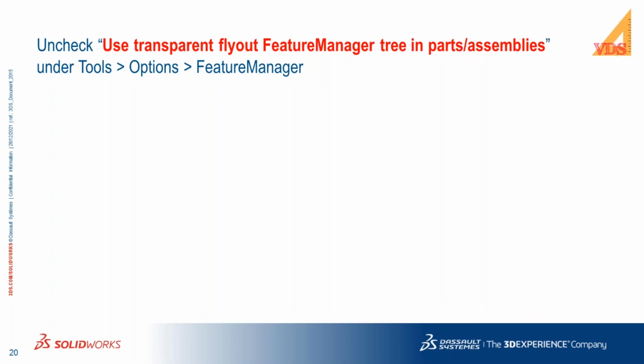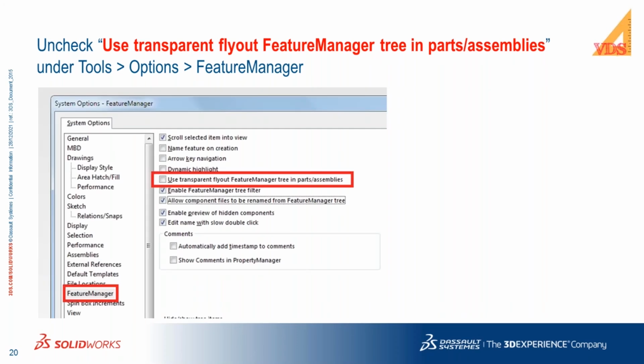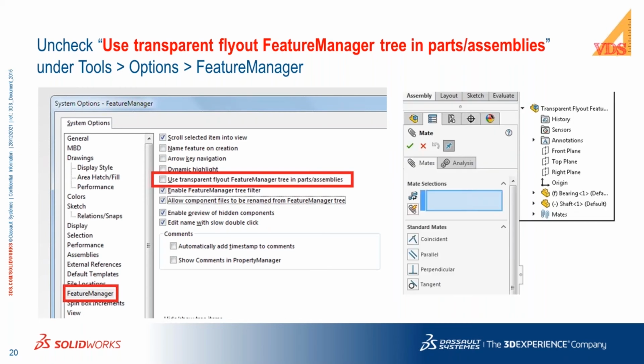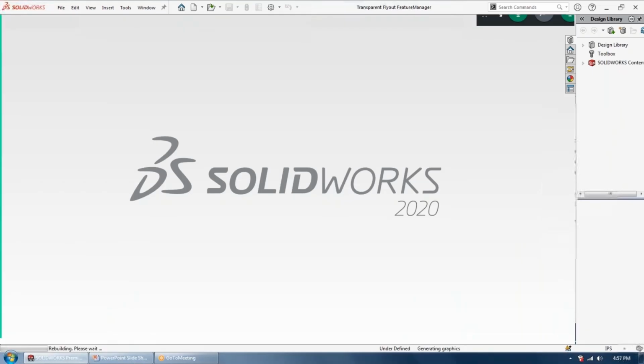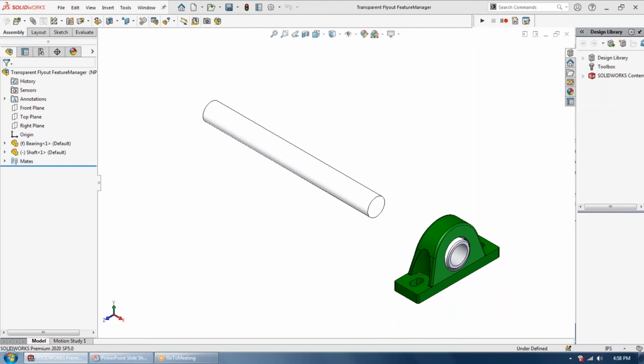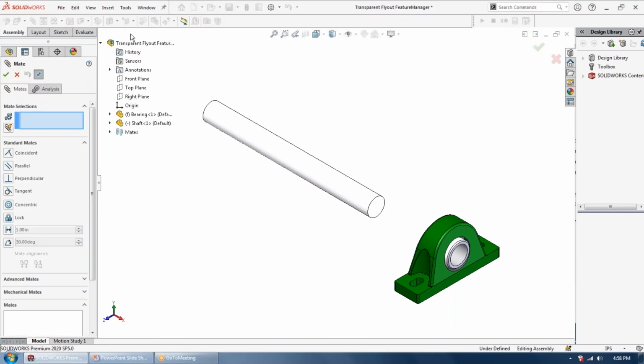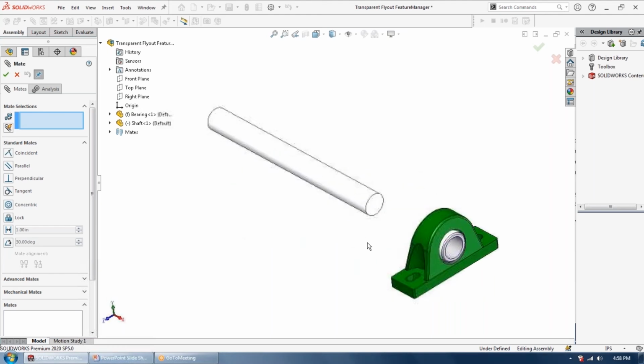Next is transparent feature manager. Again, when we use this transparent feature manager, it consumes graphics. So unless you have a need, it's always good to keep this option off. Let's take a quick example. Right now, I have set the option to on to show you. I will start a make command, and you can see,